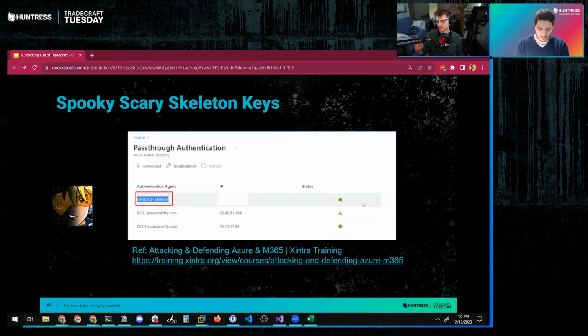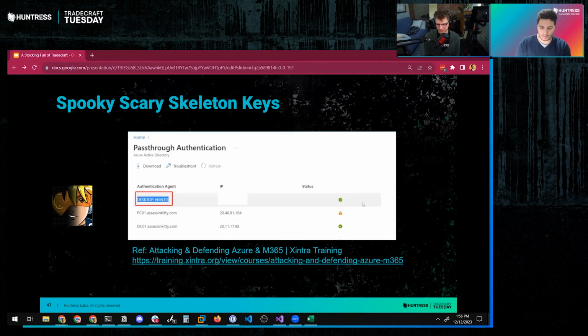I picked these 3 techniques specifically because one of them, Evilginx phishing, is of course extremely common. Session token theft is extremely common and dangerous. But the other 2 are illustrative to show that the line between identity and on-prem is blurred to the point that you can leverage one to access the other. And that is the real take home here: we're playing 4-dimensional chess now. You've got to constantly be assessing, even in my on-prem environments where my users are logged into M365, what are the attack vectors? Can access tokens be stolen from processes? It turns out they absolutely can.